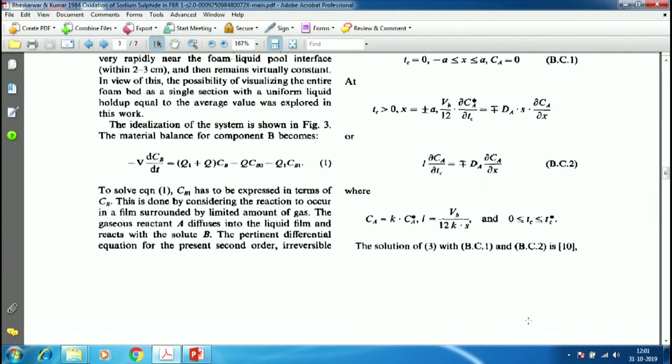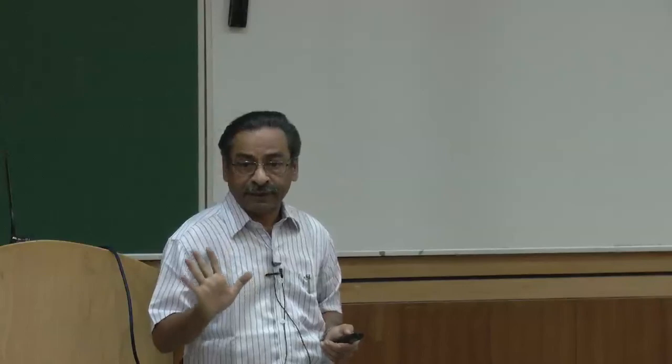There we make use of the equilibrium relationship. So, if the gas phase concentration is multiplied by this Henry's law constant and we get liquid phase concentration, then making use of this we can transform this condition from Ca star to Ca, and that is what we have done here. And in the process we come out with this L, which is Vb by 12 Ks, and now we have this condition at x equal to plus a or minus a, and at x equal to 0 we take dou Ca by dou x equal to 0. With this now we have the complete formulation we should be able to attempt to solve.